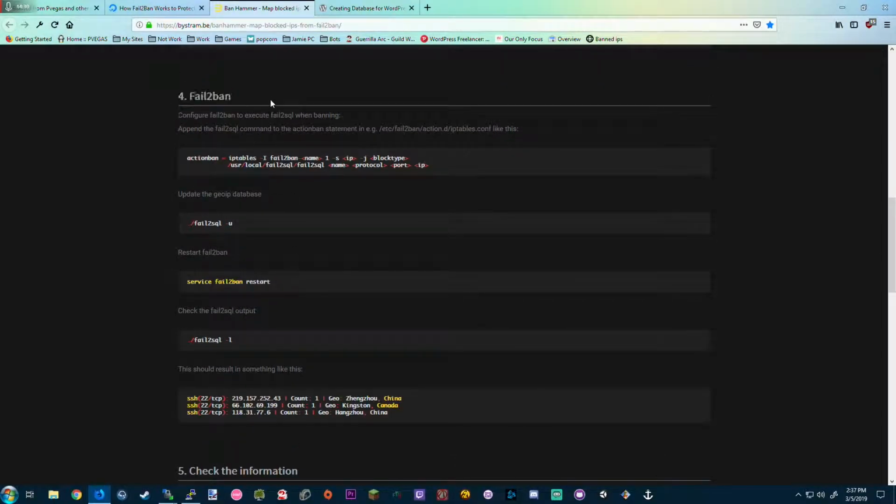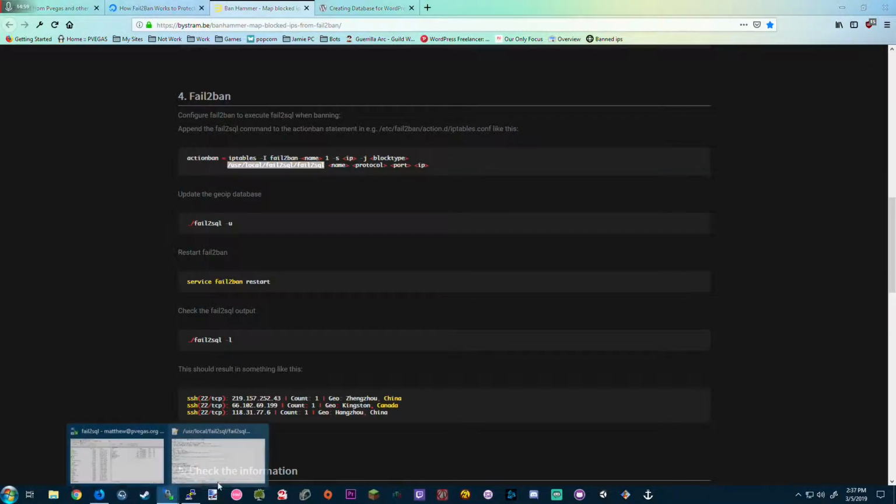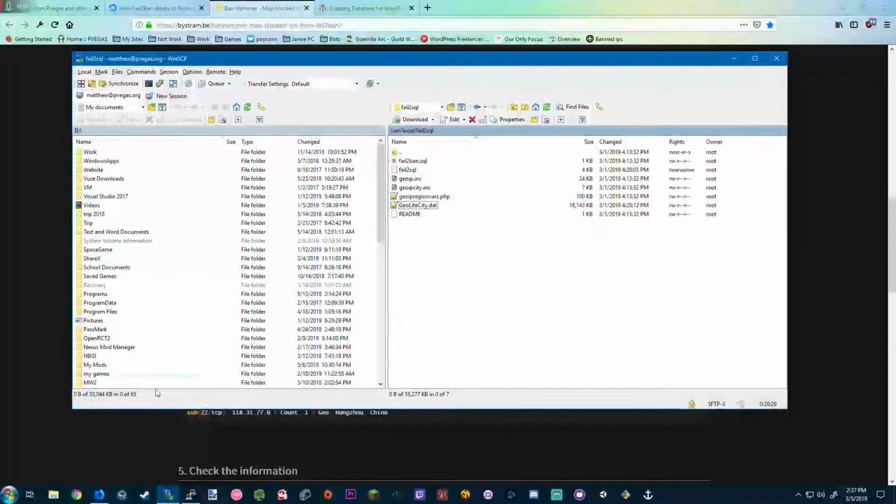Alright, the last step here is the Fail2Ban configuration end of it. Essentially, the way this works is whenever Fail2Ban ends up banning an IP for whatever reason, we want to have an action fire off that does what it was normally going to do, add it to the iptables, or however you have it configured, as well as run this fail2sql file here, which is the one we have here,